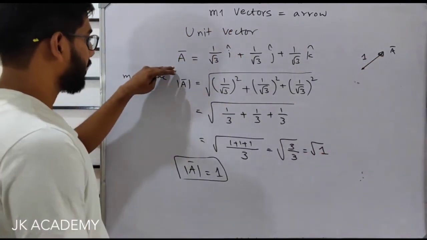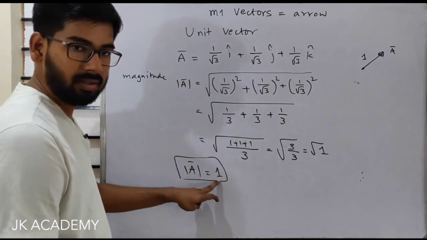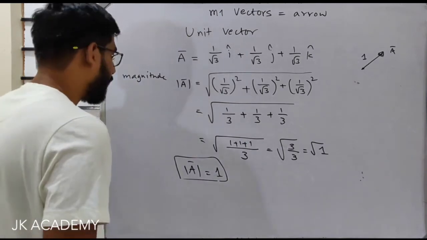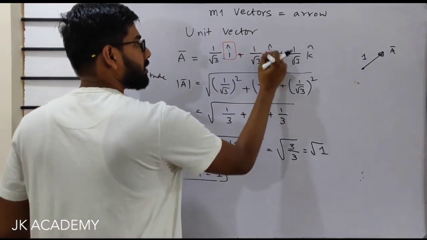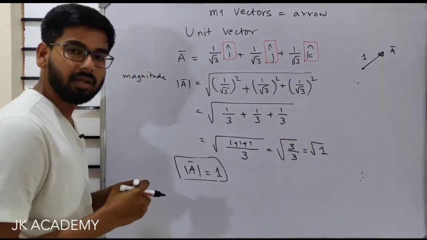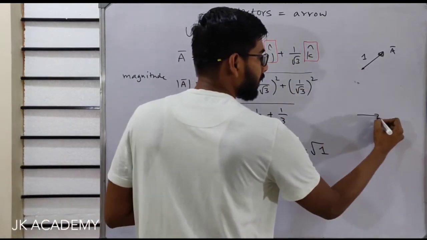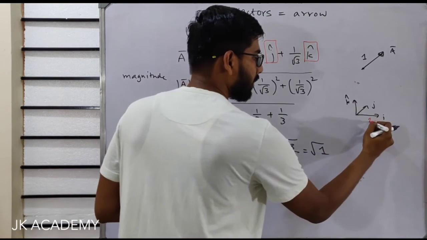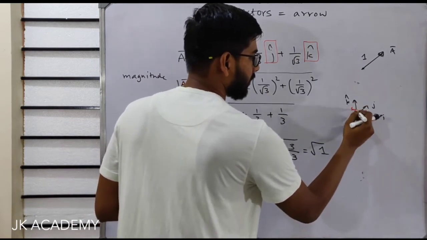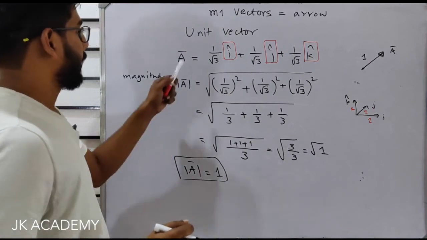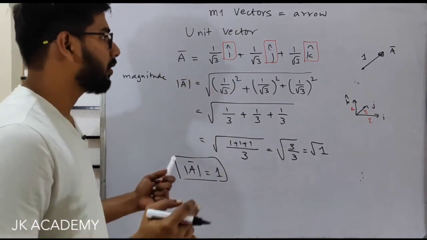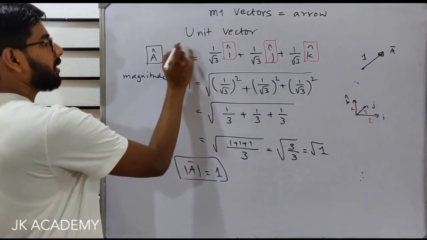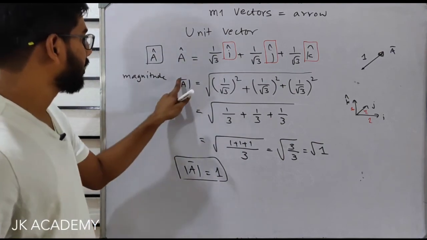So vectors a bar whose magnitude is 1 are called unit vectors. What are a few of the simplest unit vectors? i cap, j cap and k cap are unit vectors. They are unit vectors in the direction of x, y and z. The lengths of all these vectors are 1, 1 and 1. So a bar is a unit vector. There is a special notation. How do you tell unit vectors apart from normal vectors? You can write them as a cap. So instead of a bar, I'll write a cap is a unit vector whose magnitude is